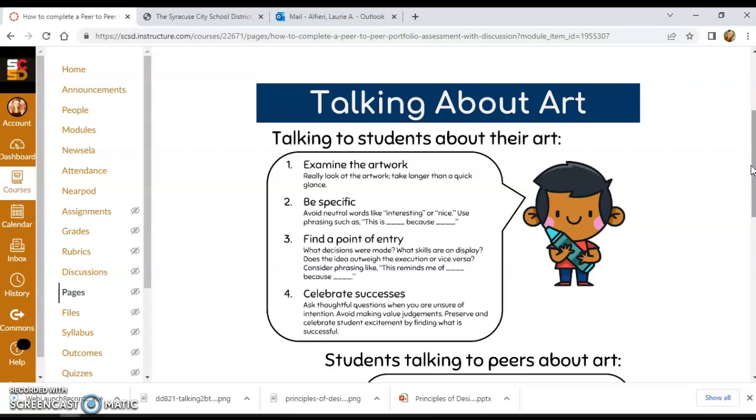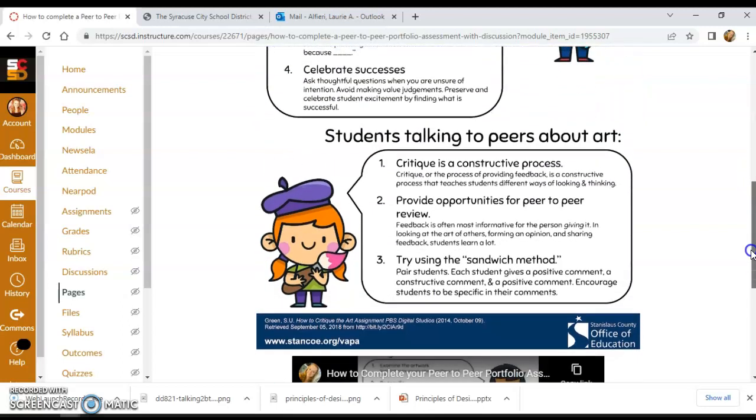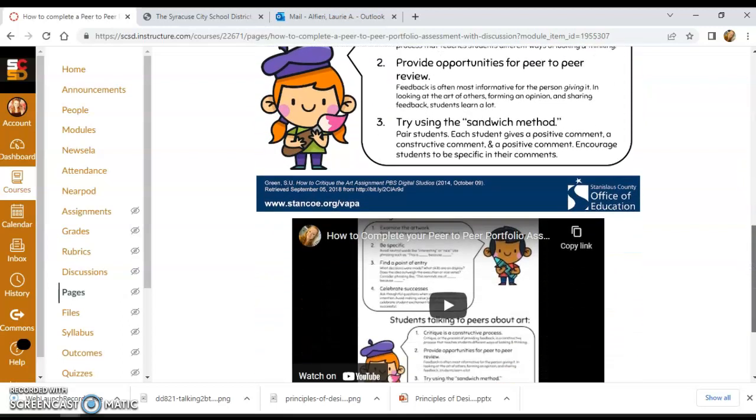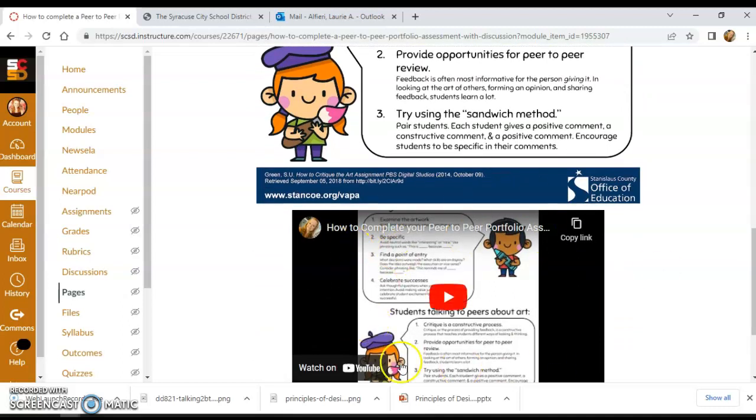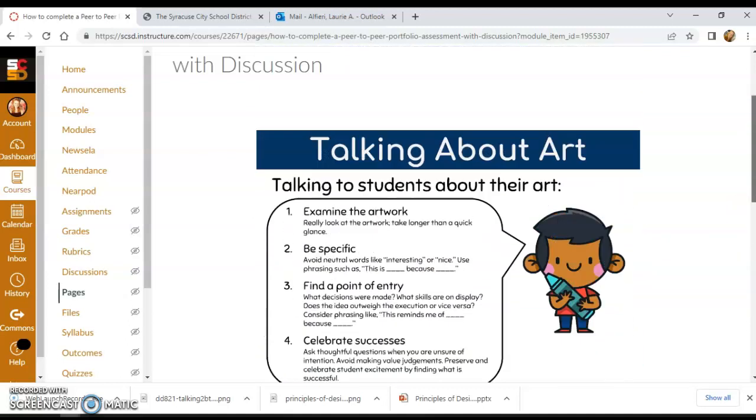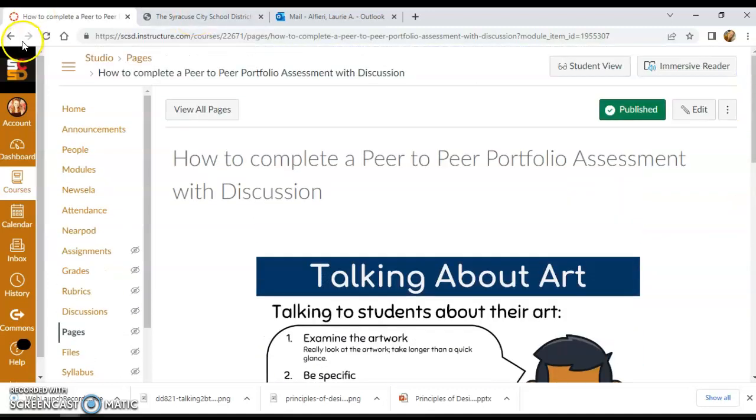And then what the students will do, I have that listed for them that they can reference throughout the process. And then I have a video that I made for them that I embedded that will go through exactly what I'm looking for during the assessment portion. So when they click on the video, it will go through step by step on how to respond in the discussion piece. So if I go back,